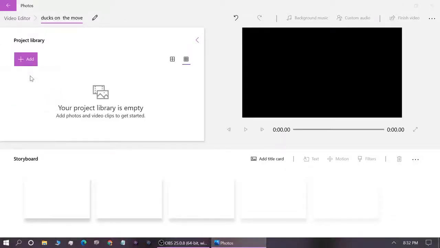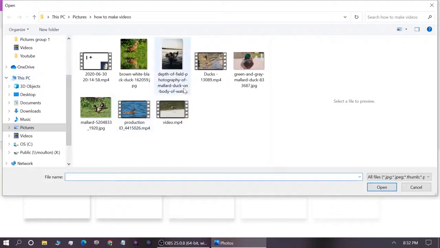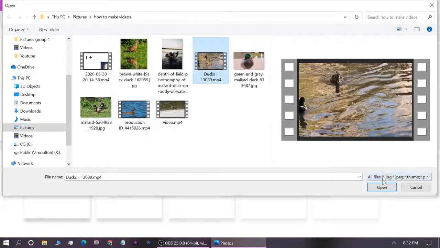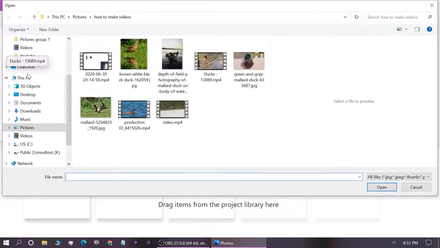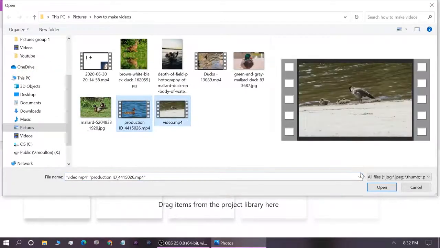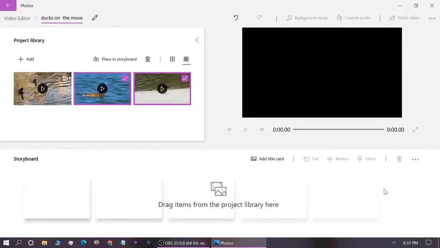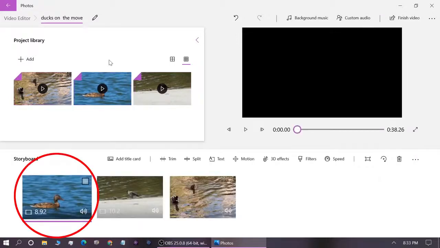First, let's add some video. I'll add some duck videos from my computer. For more info about adding media, watch part 1 of this video series. Place the video clips on the storyboard. I'd really like to begin and end my new video with the same swimming duck, so let's split the video